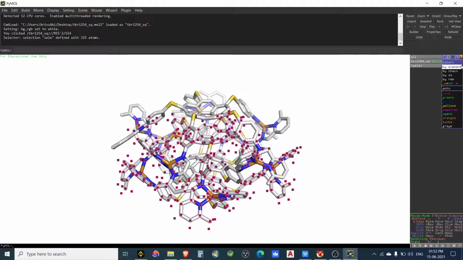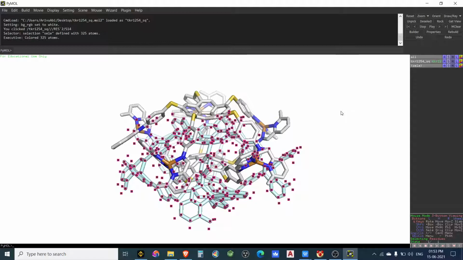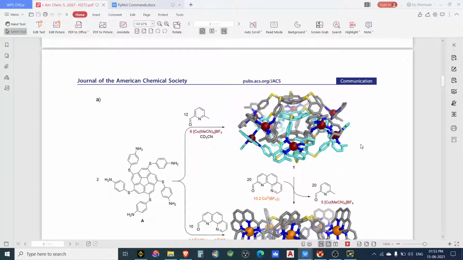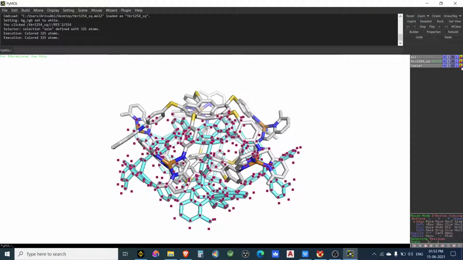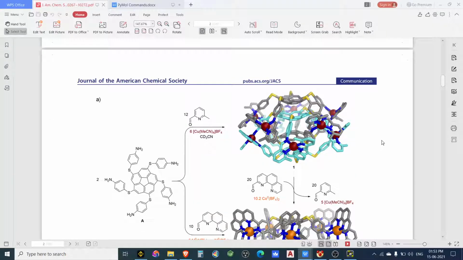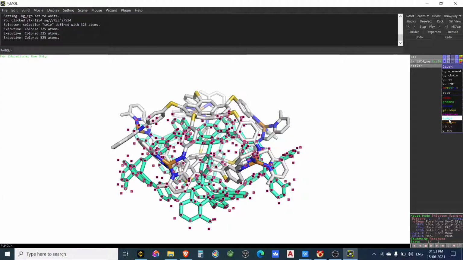Go to color, this selected one, this is called selected. You go to color and go to cyan, pale cyan. Okay, maybe it is not matching the color. Aquamarine, I think no. Green cyan, no, it's not matching. Teal, that doesn't match either.